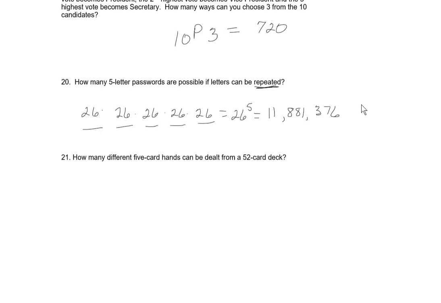And problem 21, how many different 5-card hands can be dealt from a 52-card deck? I'm just looking for a group of 5 cards. Order does not matter, so it is a combination. So 52 is how many I'm choosing from. I'm choosing 5. There's going to be 2,598,960 different hands that I can